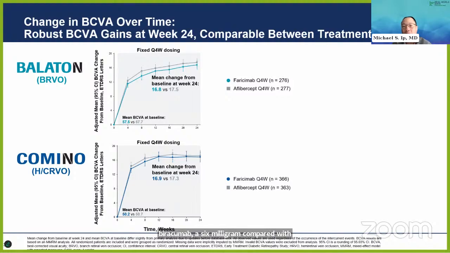With respect to some of the anatomical outcomes at the end of this fixed interval phase, which again allowed for a direct head-to-head comparison, if you go to the next slide, please, what we can see,